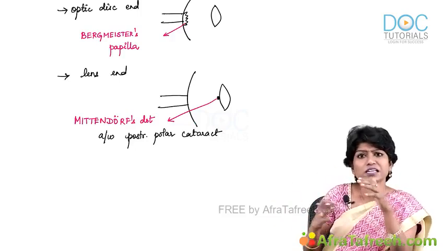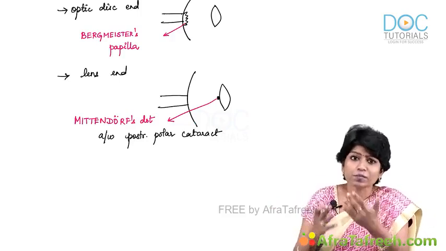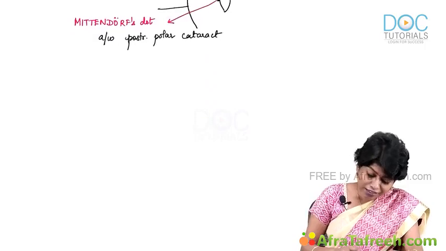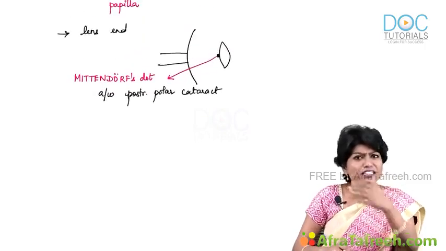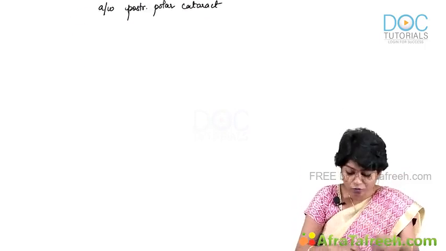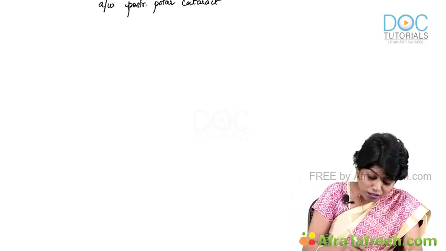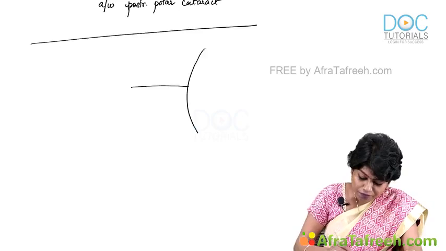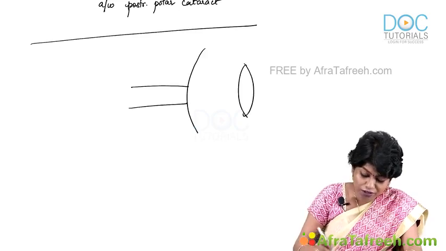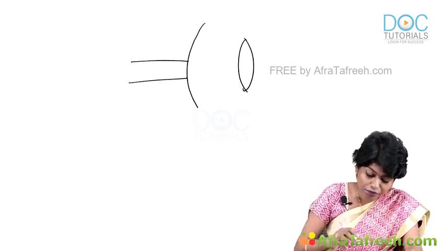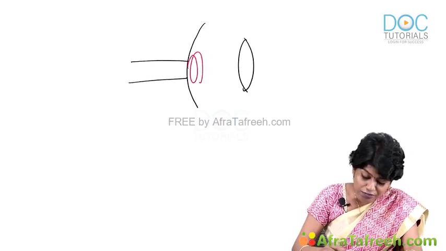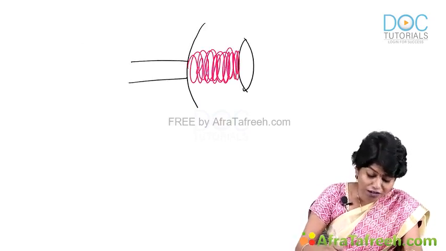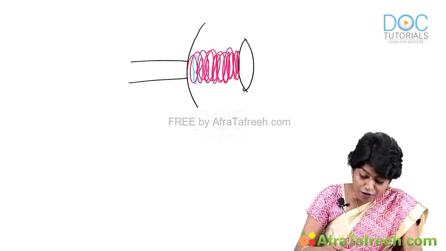If it is persistent at the lenticular end, it is called Mittendorf's dot and it is associated with the posterior polar cataract. Now, sometimes, all these are visually insignificant. The one that I am going to talk about is when sometimes this primary vitreous, the hyaloid artery, proliferates. Okay, it not only persists but also proliferates. So, it is a combination of vascular and fibrous tissue,